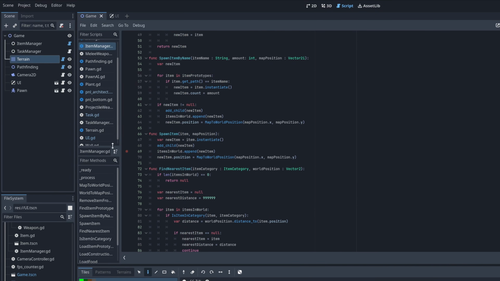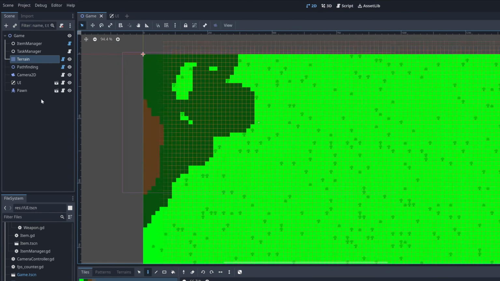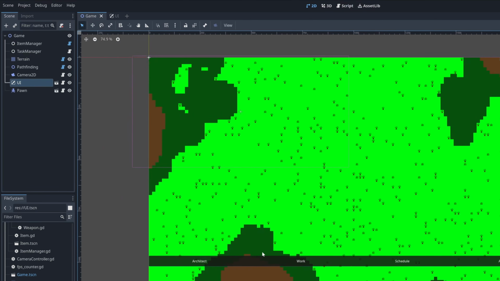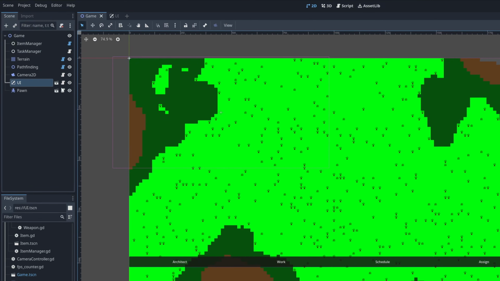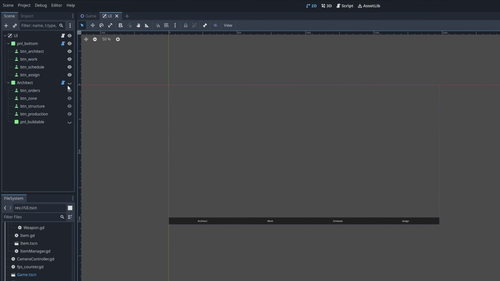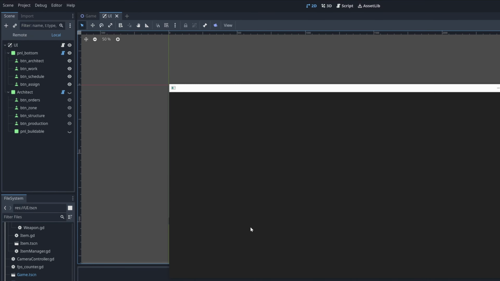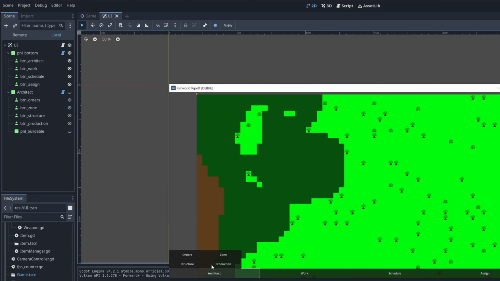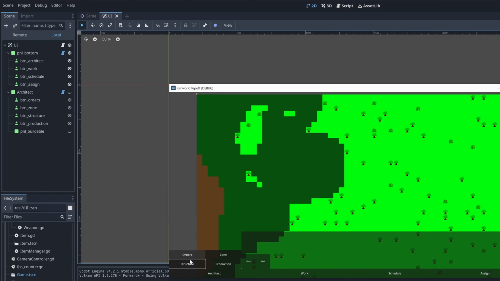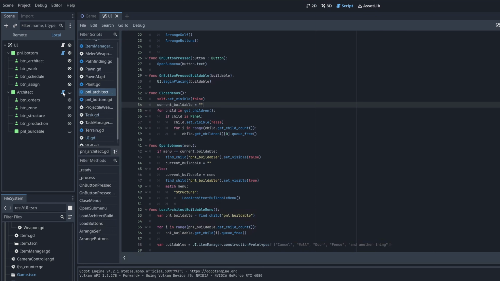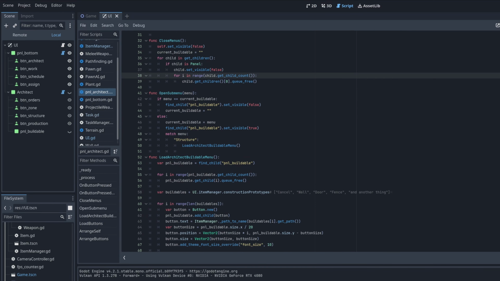The UI lives down the bottom here. When I click on my UI, on my architect, I'll get the buttons: orders, zone, structure, and production. Let's just see it again. So I press architect. When I press structure, I get this list come up. So let's go and have a look at the architect button, and the way it works,